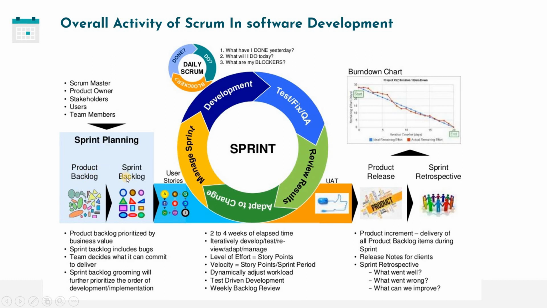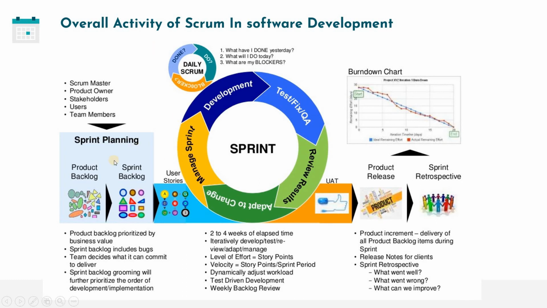Then we'll take the user stories as per the sprint backlog, and they will allocate the user stories for the particular sprint. As per the user story only, the development team starts the work and the testers also start testing. The product backlog is prioritized by business value, as I mentioned earlier. Actually, the sprint duration is 2 to 4 weeks,